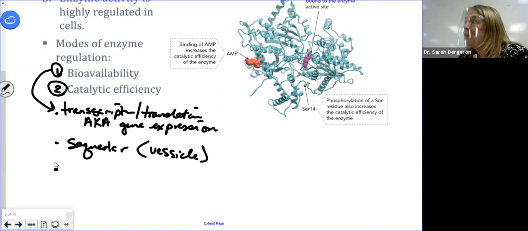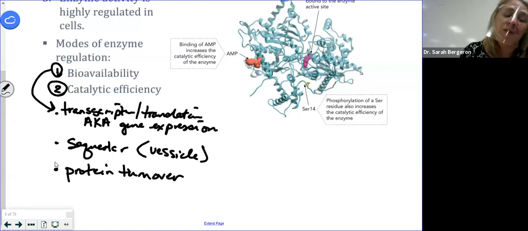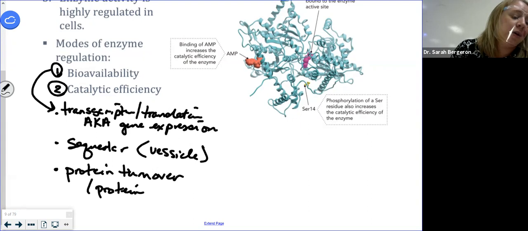Not just denature, but we're actually going to break it completely down into amino acids, right? So whether you're going to make it or you're going to break it down, either way. So we call this protein turnover, right? How quickly is it broken down before it's made again? So this is protein breakdown,